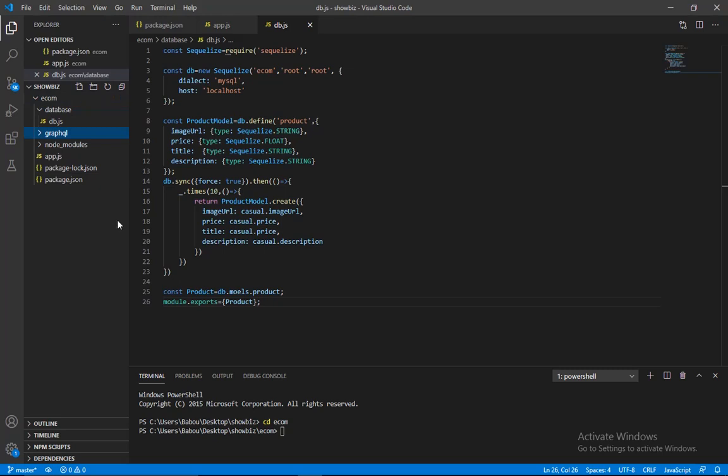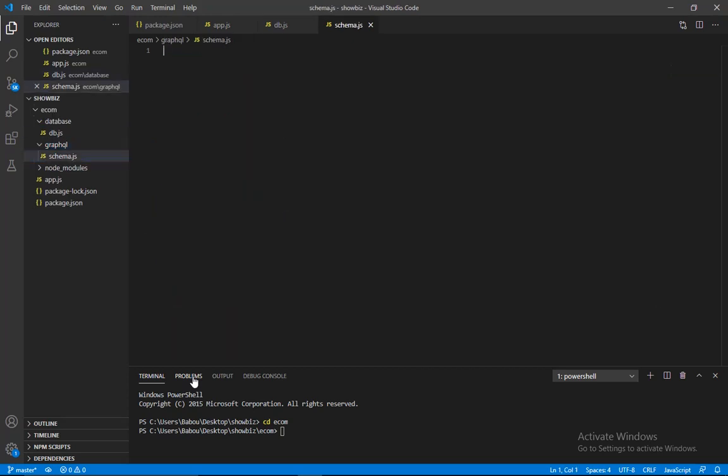Inside the folder we're going to have two files, the first one is going to be schema.js. Inside our schema, first of all we're going to import something known as gql from Apollo server. So const